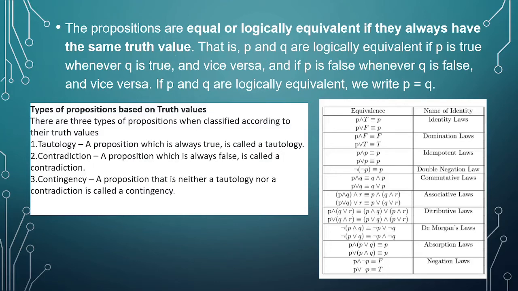So we all know that there are 3 kinds of propositions based on the truth value. You would have heard about tautology, contradiction and contingency, right? So tautology is when the proposition is always true, contradiction is when the proposition is always false, and contingency means neither tautology nor contradiction. Okay, so these are there. On this side I have just put the identity laws, so you can just go through these identity laws, because if we just memorize these identity laws, they are really going to help us a lot while solving the questions.